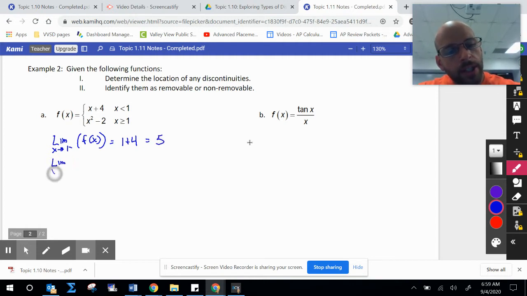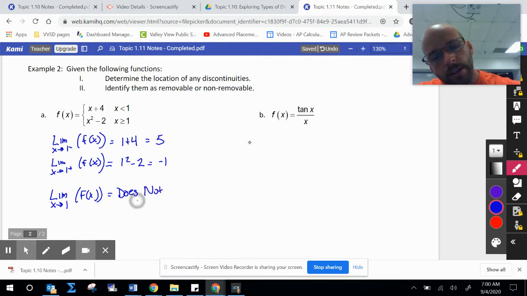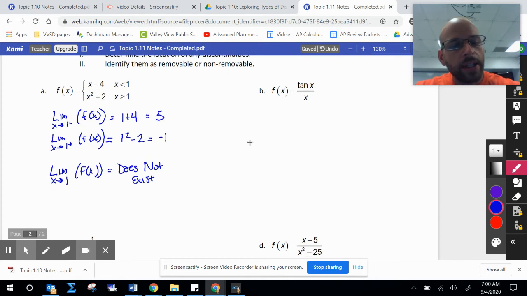If I do the limit as x approaches 1 from the right of f of x, that's going to be the second piece. So I have a 1 squared minus 2, which will give me a negative 1. So ultimately, we just proved that the limit as x approaches 1, the two-sided limit, does not exist, right? And because it doesn't exist, we know that it is going to be a discontinuity at 1. And it's going to be non-removable